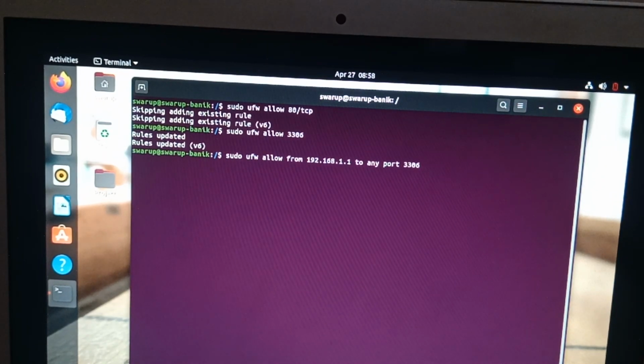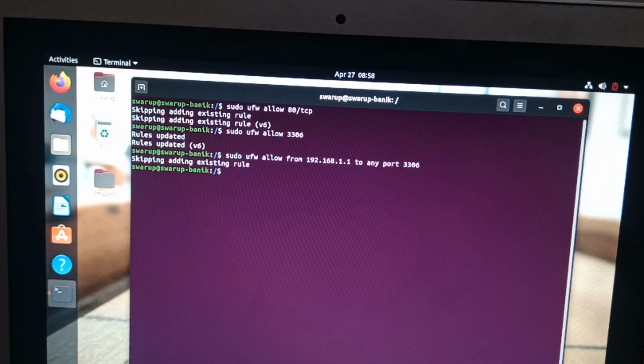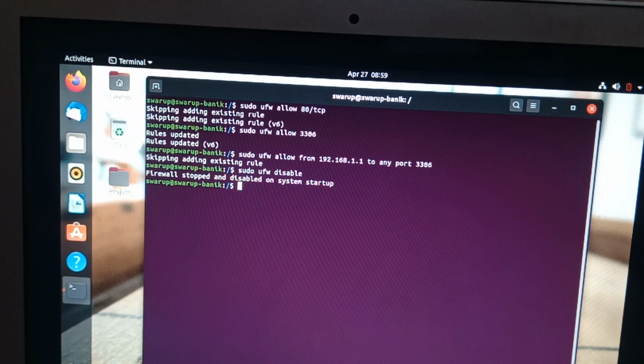We are allowing a particular IP address to one particular port, 3306. It shows it is keeping its existing rules already added. After making the security changes, if we want to disable the firewall, we can put sudo ufw disable, and it will disable the firewall, and the normal system setup will start. And this is all for firewall operations.